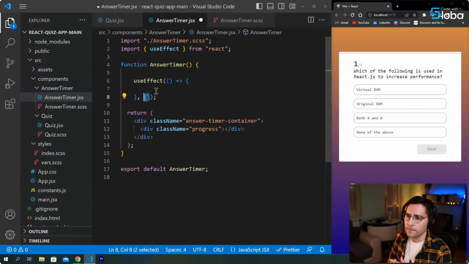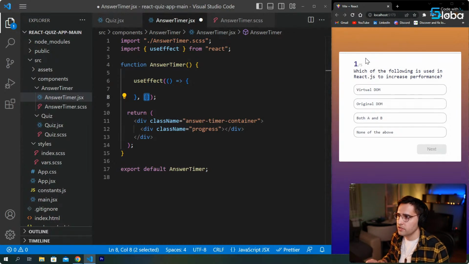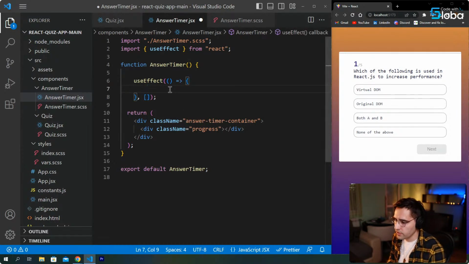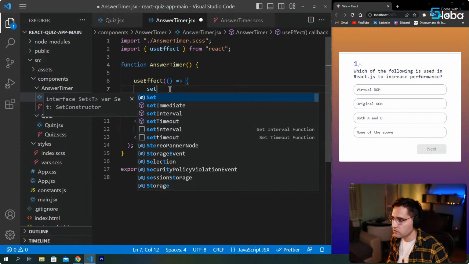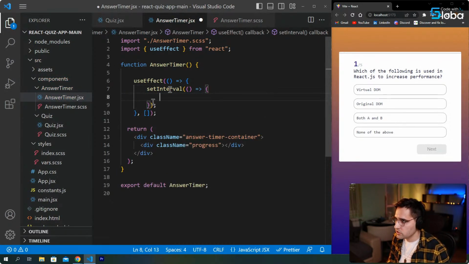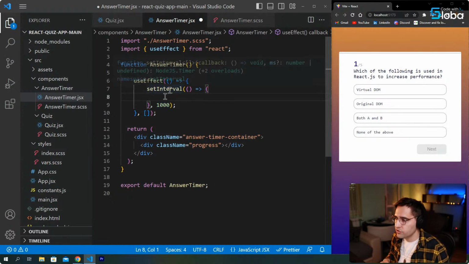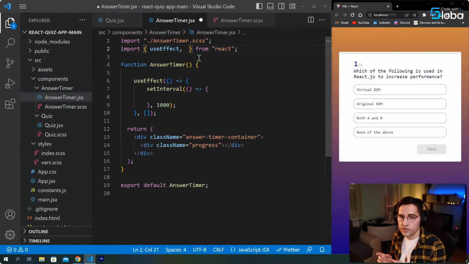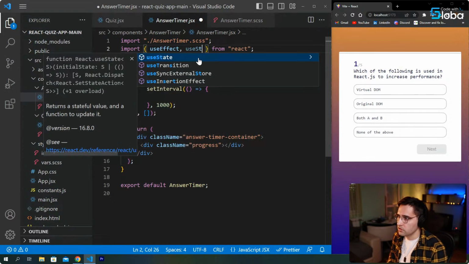Initially, when we load our loading component, we just want to load this once. So what we want to do here is call setInterval, and every single second, we want to change the counter. So inside of the interval, we want to execute a function like so, and the interval is going to be, like I said, 1000 milliseconds, which is 1 second. And here, in order to track the counter, we need to import the useState hook, which we covered in the previous workshop. So useState,